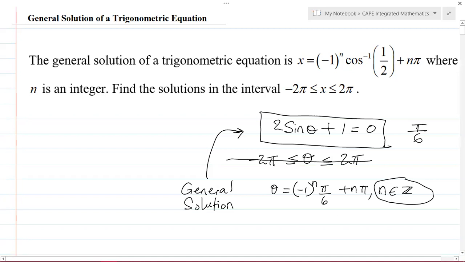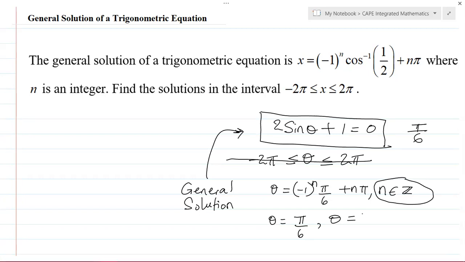So say for example, n was 0. You will get theta equals -1 to the power of 0, which has a value of 1, multiplied by pi over 6, you get pi over 6, plus 0 times pi, which is 0. So you get theta equals pi over 6. That is one solution. And if you should plug in n equals -1,